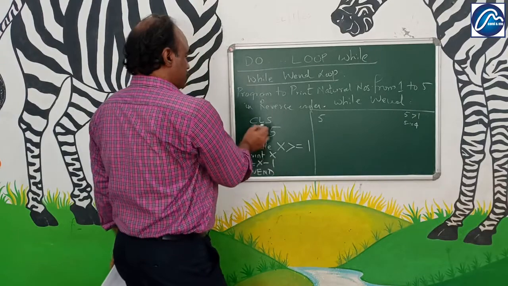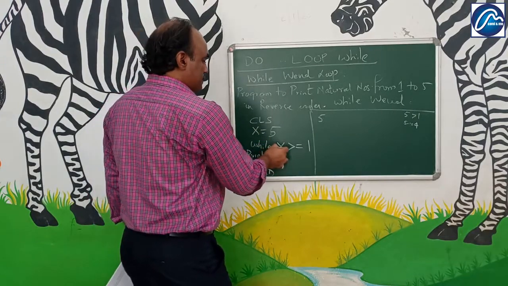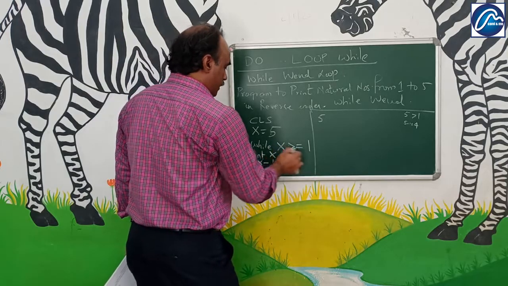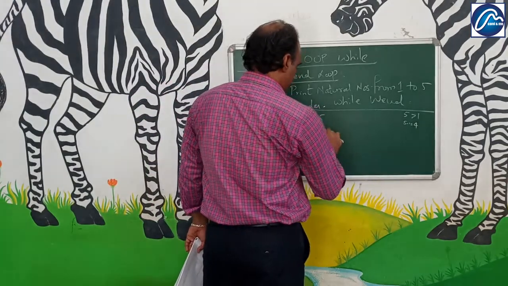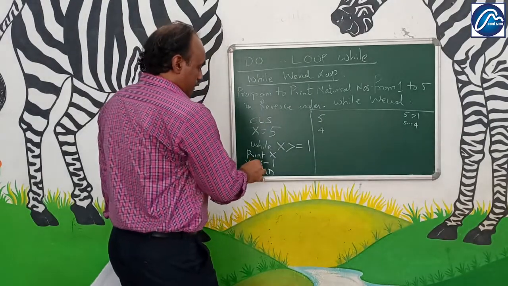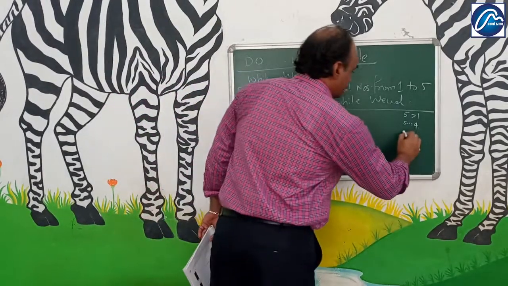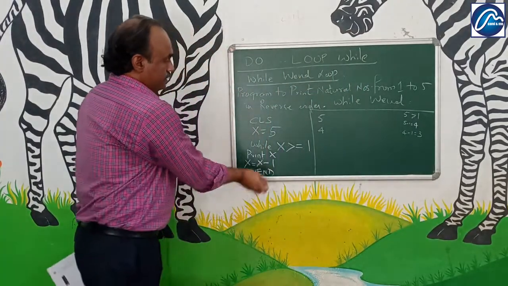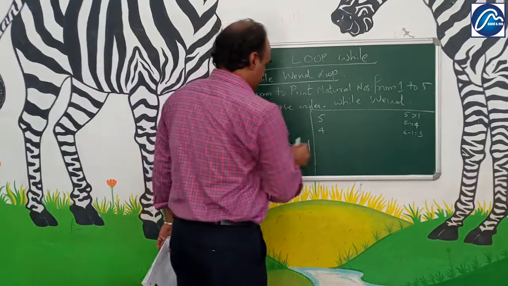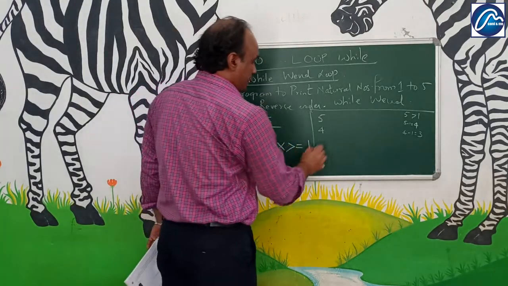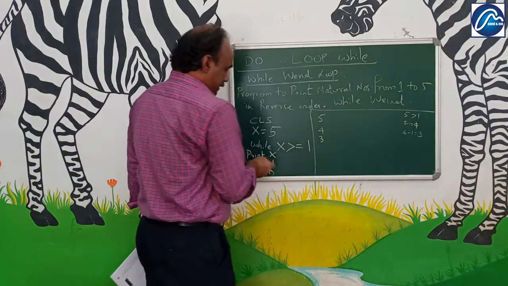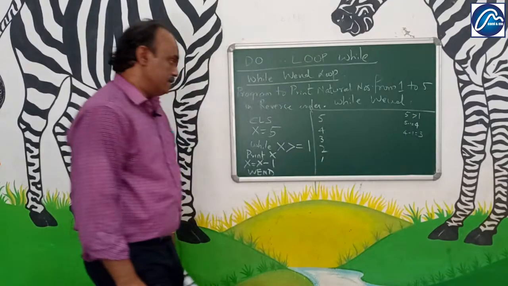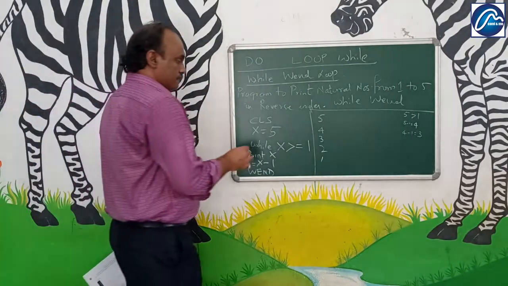Wend means it will go to the loop while x is having the value 4. 4 is greater than or equal to 1. Print x, 4. Now again it will come down. What will be the value of x here? 4 minus 1 will be equal to 3. Wend means it will go to while. It will check the condition. Is 3 greater than or equal to 1? Yes. Print 3. Like that it comes down, again wend goes up to 1. So this is the way how it functions.